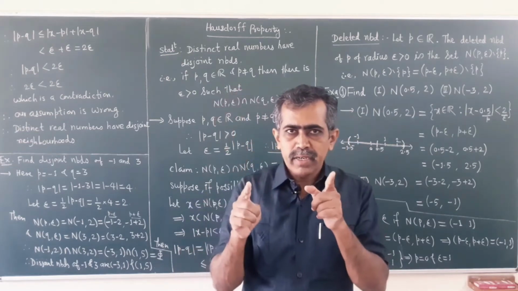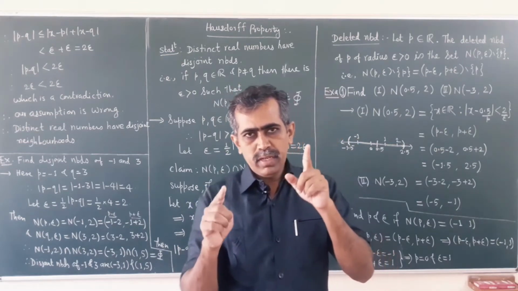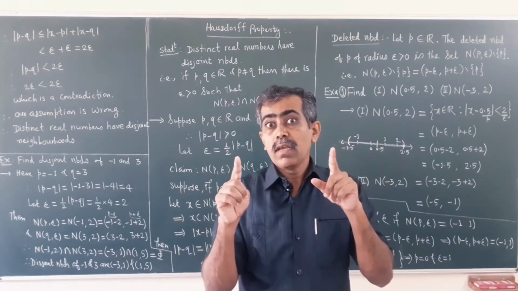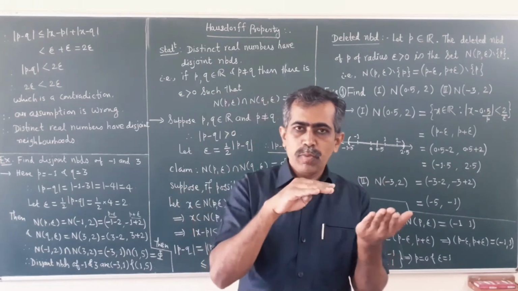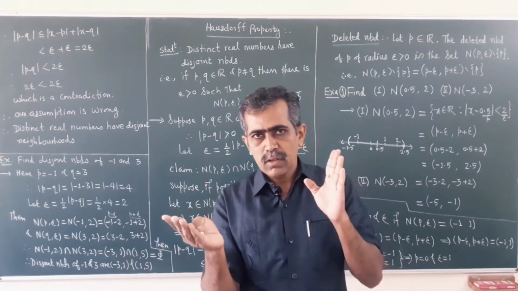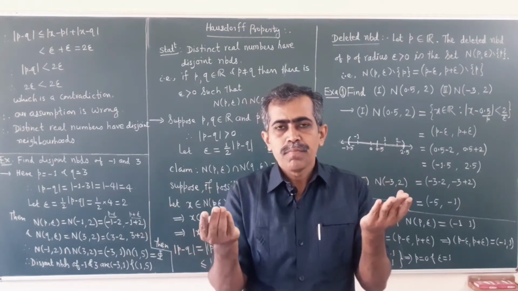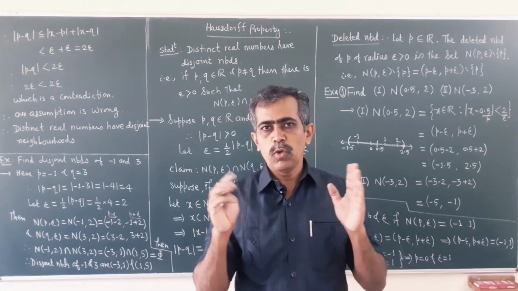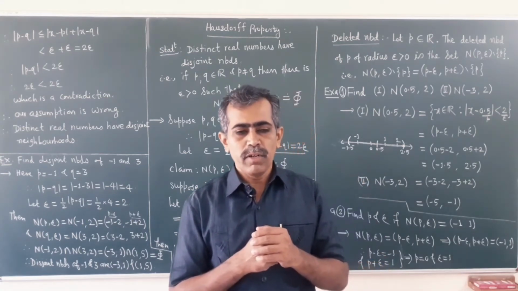If either of the ends, either the left end or the right end, is infinite, maybe minus infinity or plus infinity, if it is not finite, or if both the ends are not finite, then such intervals are called infinite intervals. So you have seen what we mean by different types of intervals.